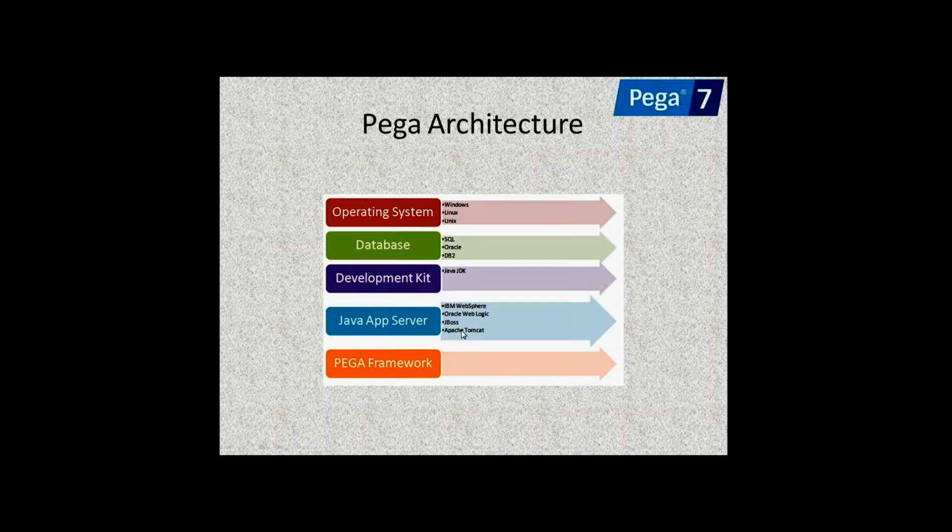And one application server is required, and Pega supports all the servers available in the market, like IBM WebSphere, Tomcat, WebLogic, JBoss. Different servers are used based on the client requirement. They will choose the database and server, and they'll take the license from Pega.